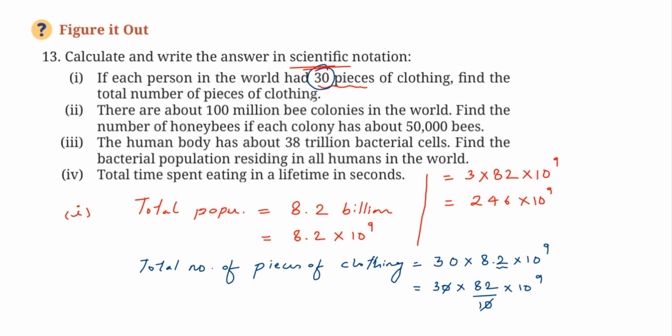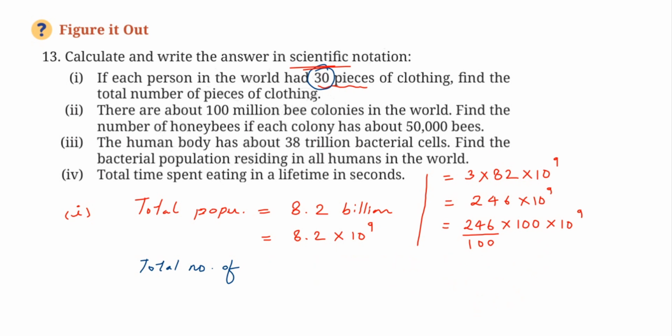So you cannot just divide, you have to multiply too, you have to balance it, right? You cannot just divide by 100, it will change the value of this whole number. So what we'll do, we will multiply, so that is 246 times 100, and here I'll divide it by 100, and here we have 10 to the power 9. I have to erase this part. So this is equals to,